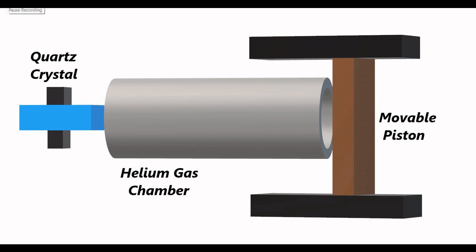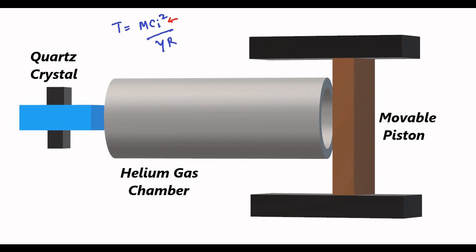So here let us try to understand this from a three-dimensional perspective. Like I said, the basic principle of the temperature measurement sensor is this. We have the temperature that is equal to m ci square by gamma R. M is molecular weight, gamma is the ratio of specific heat at constant pressure to specific heat at constant volume, R is the gas constant. So we have to determine the propagation velocity through the helium gas chamber of the acoustic wave,